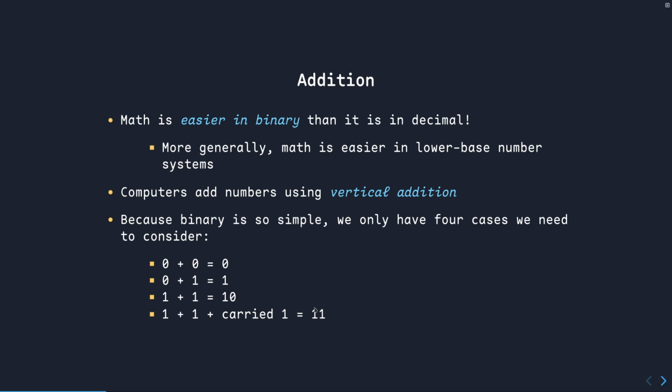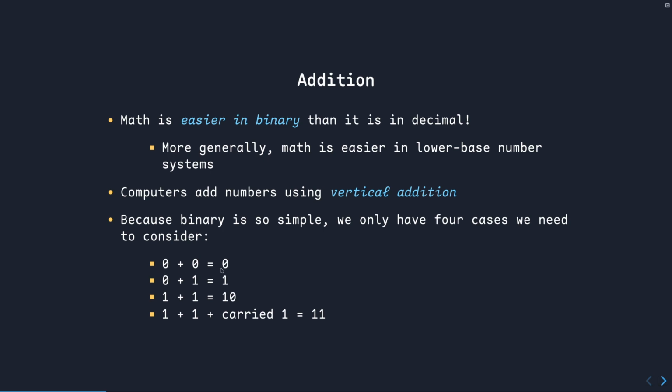Computers add numbers using vertical addition, like we do with numbers that are too big to add in our heads. So we just put the numbers under each other and then go through each digit one by one until we have added the whole numbers together. And because binary is so simple, we only have to consider 4 addition cases for each digit, which are 0